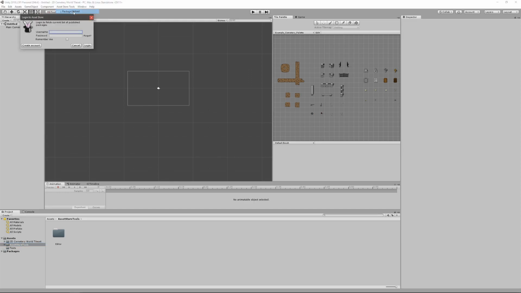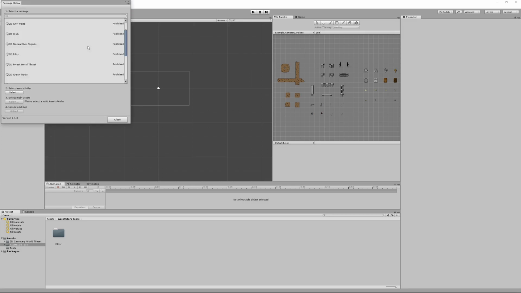Now here on the top, click on Package Upload. Here you have to log in with your publisher account, email address and password. Click on Login. Now you can select your package, scroll up or down. There's your package in draft mode. Select it.